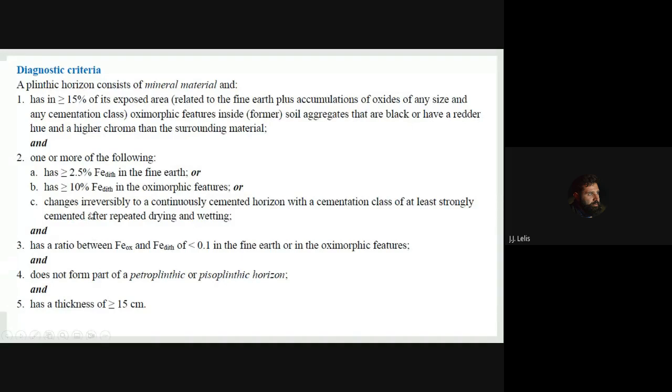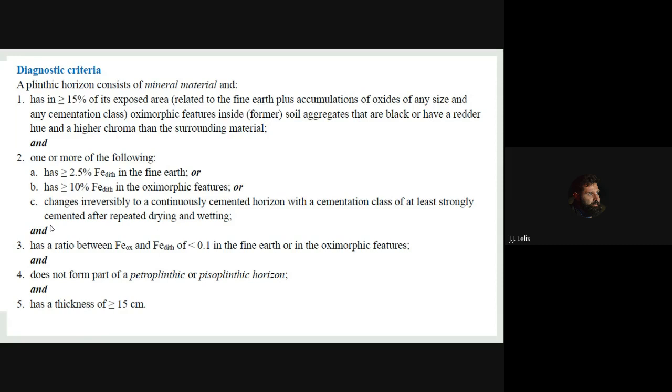It should be irreversibly changed when we put this material in a water cup, okay, because it was a continuously cemented horizon, or at least a strongly cemented material